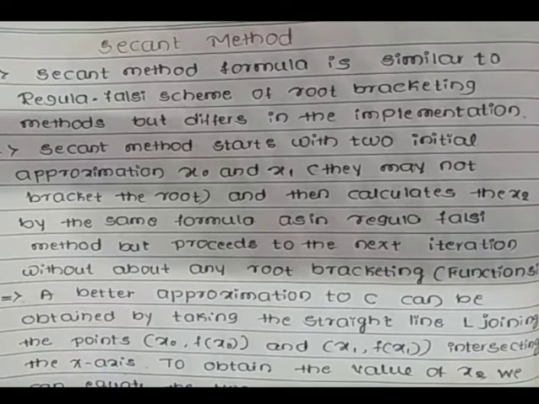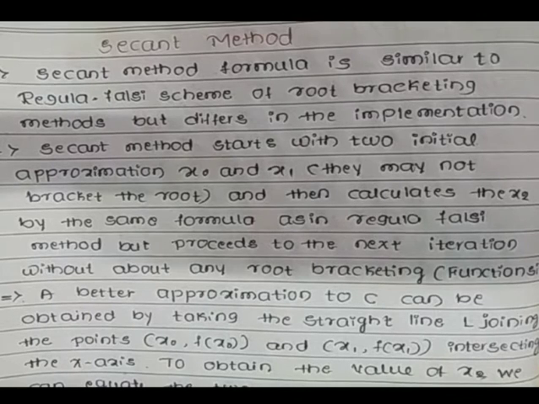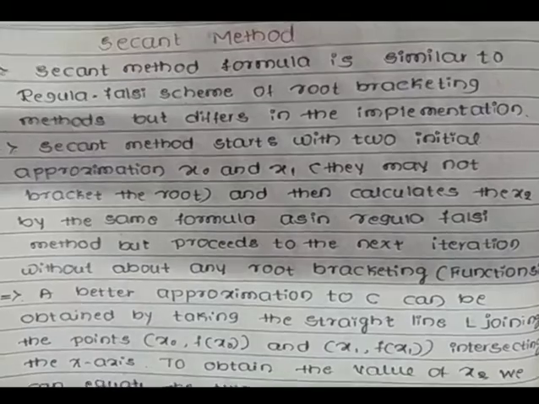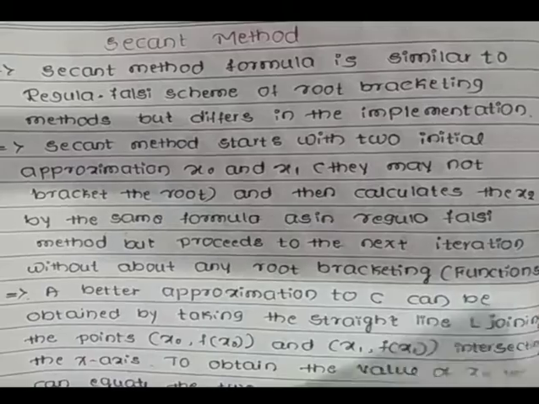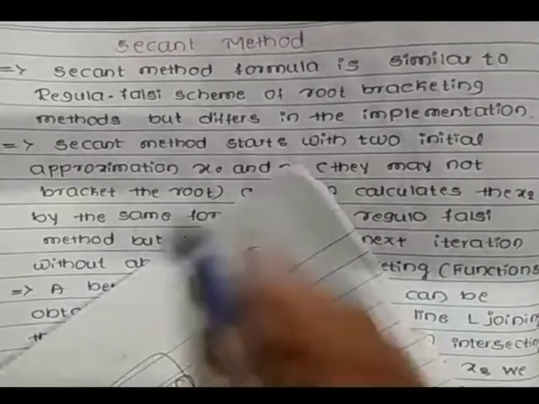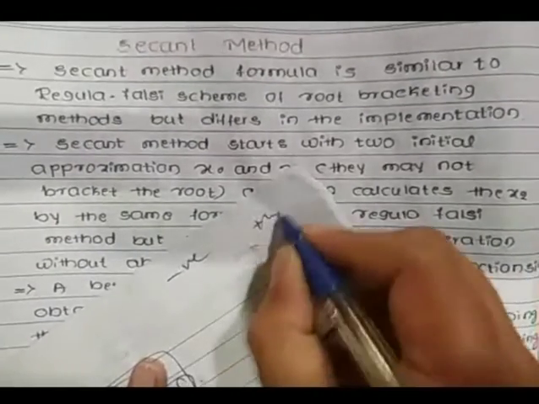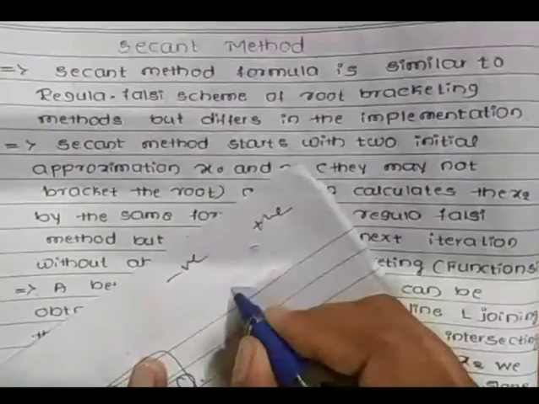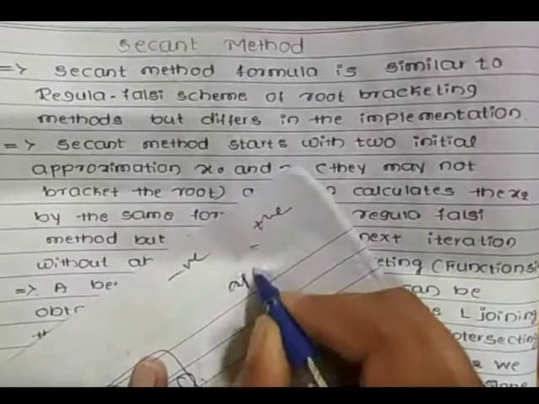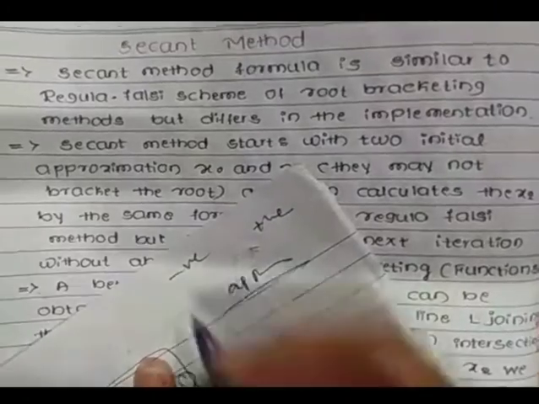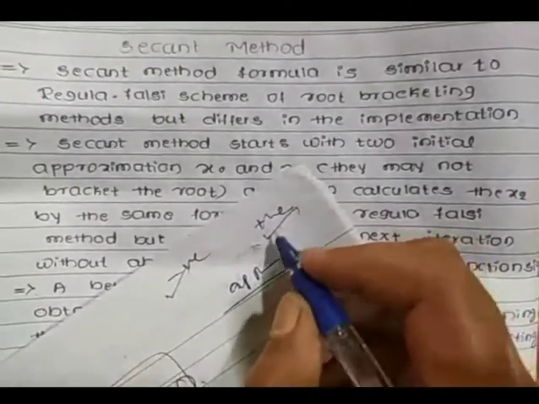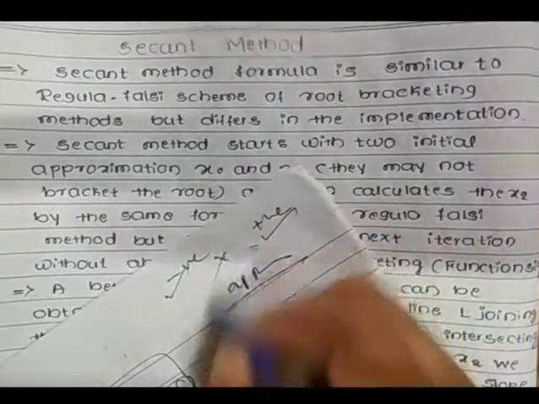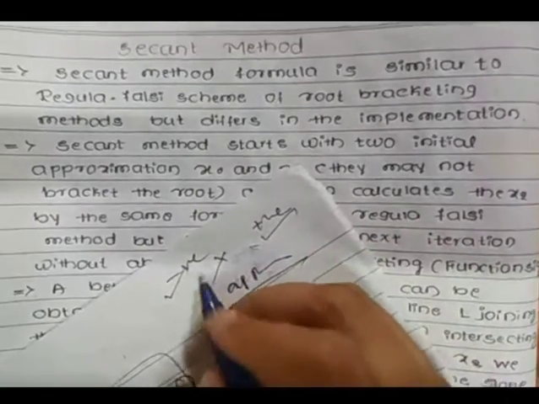In earlier examples, that is using bisection method or using regular falsi method, whenever we start solving examples, one negative value and one positive value we consider to calculate the approximations. To calculate the approximations, always we look for one negative value and one positive value. But in secant method, this concept we are not going to use.